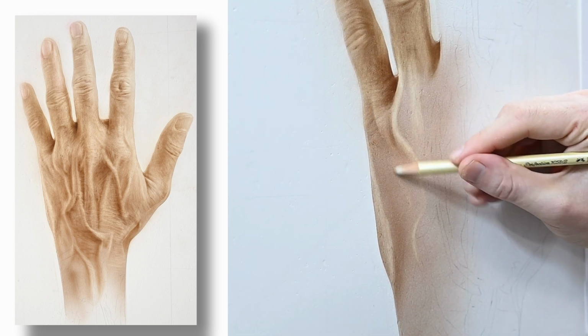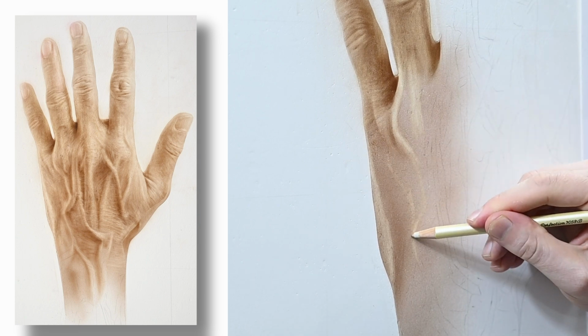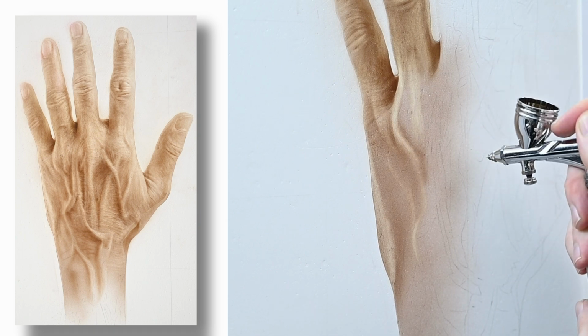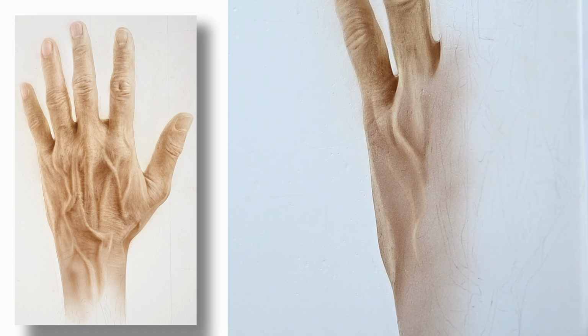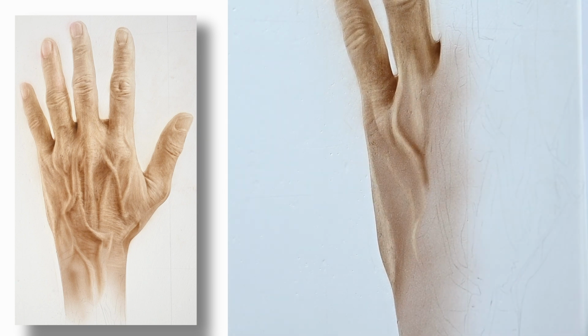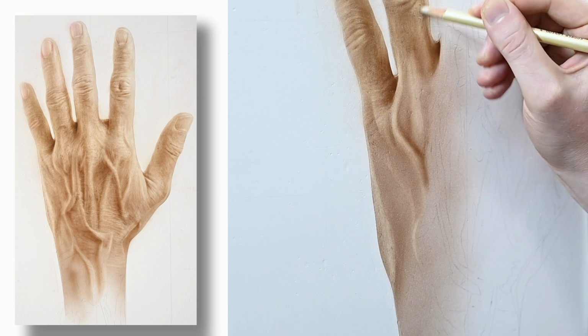Now, as I'm painting in these shadows, I don't need to use a shield for every one. I'm only going to use the shield for the ones that have sharp edges. Like this one off to the right in between the veins, it just looks a bit softer to me, so I'll do that freehand. As I continue to paint this, I want to talk about some basic anatomy,